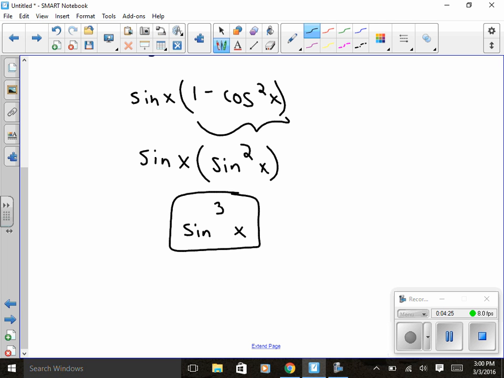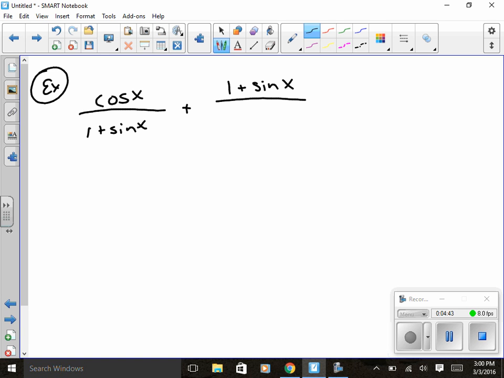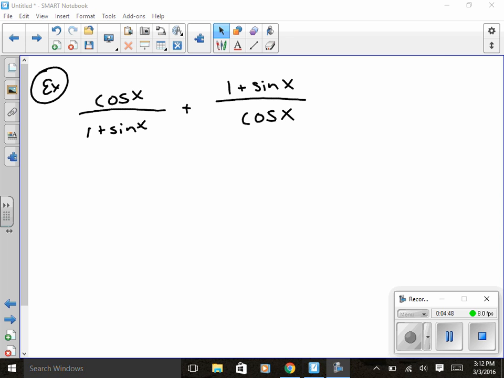Sometimes you'll be given fractions in which you will have to simplify. So if I were to have cosine x over 1 plus sine x plus 1 plus sine of x over cosine x. In order to add or subtract fractions, you're going to have the same denominator. So in order to get the same denominator,